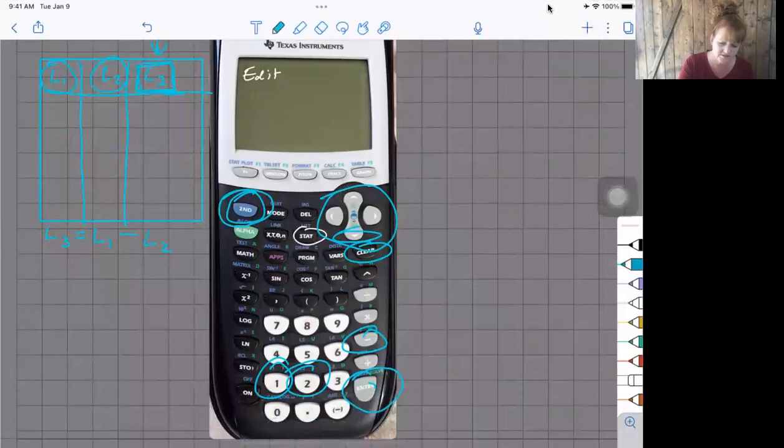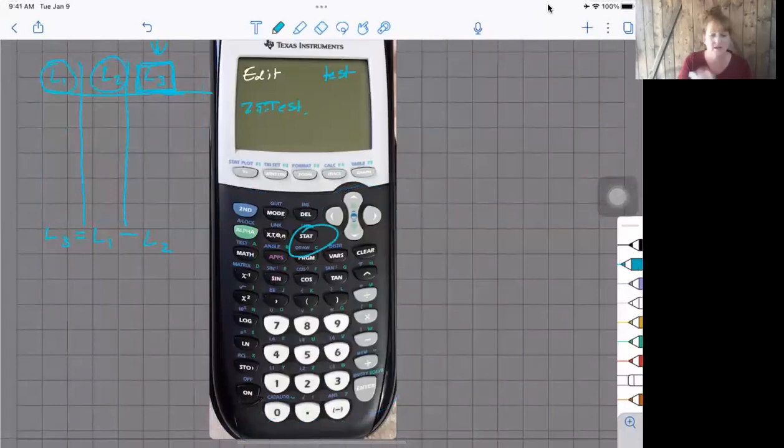For my TIs, remember, you are going to go stat over to tests, and I think your second option is going to say t-test, and you are going to select data. The list that you're going to enter when it asks you for your list is going to be L3, because that's your difference list. Okay, your mu naught is going to be 0